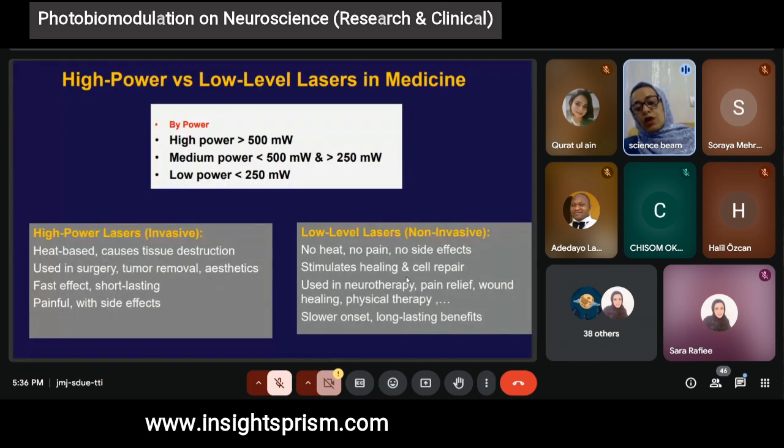However, when you are working with a low power laser, it's used for healing and therapy, and we can use it in physiotherapy, pain relief, bone healing, physical therapy, and also in neuroscience or brain disorders. And however, using the low power laser, the result is somehow lower, but